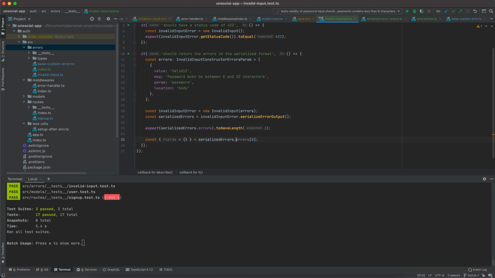I want Jest to think, okay, if the field is not populated, I will just assume it to be an empty object. And this is going to be good enough for our tests. So the idea here, let's write the first test. We want to expect the serialized errors at the spot 0 message to equal, and this is somehow self-asserting,